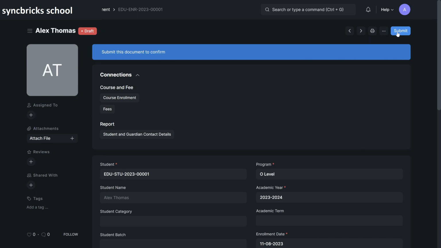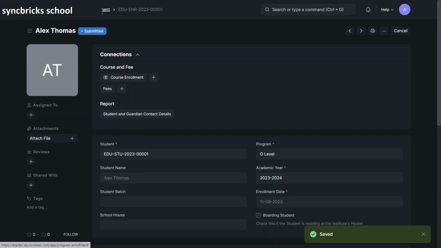You can submit it if there is no workflow, otherwise it can go for the approval. And once it has gone for the approval, then there might be fee which has to be collected first, and then approval has to be completed, and these all can be configured. And there are ERPNext vendors who will help you integrate and implement this and configure all of that as per